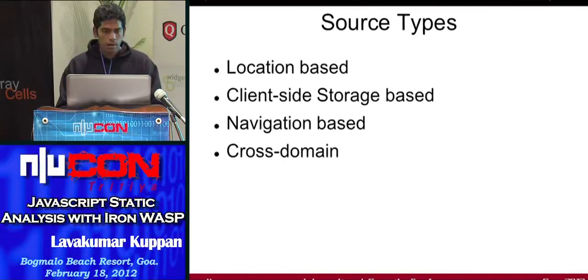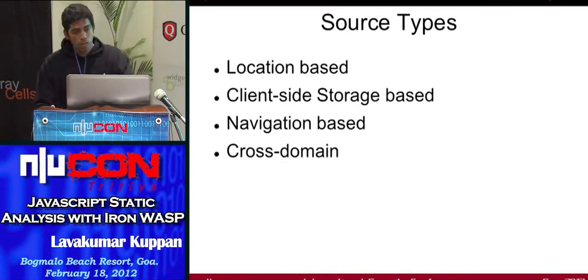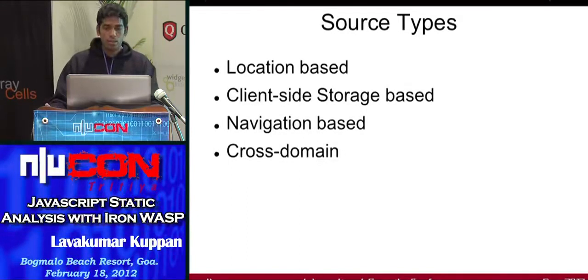I've classified them here. Okay, so these are the different types of sources. You have location-based source, client-side storage source, navigation-based, and cross-domain. I'm not sure if I should go into the details of each of these. I've put up a list, segregated by categories. You could probably look at the slides and refer to these. But all of these properties can be influenced by an external person, right? And in sinks again, I've categorized them under 4 categories, and I've put up a list of a bunch of properties under each of those categories. Again, this is available in the slide deck, so probably you can look at it and make a note of